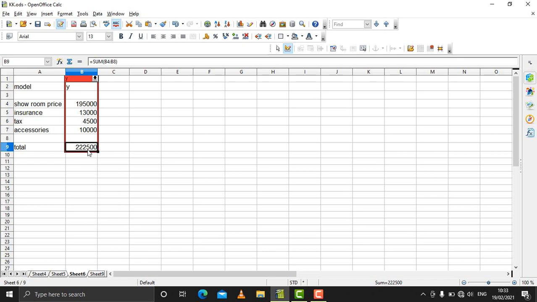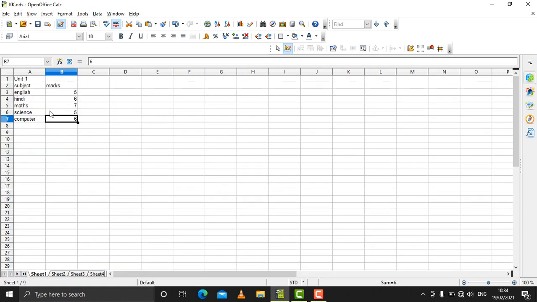Say for example a student secured some marks in examination and he got some total, and he wanted to assume that if he gets not that total, some other total, how many more marks should he have or how many less marks he should have got in a particular subject. Say for example I have a sheet, come to sheet 1. See, I have these marks: English, Hindi, Math, Science, Computer. Say for example I'm getting the total here, so I'll get total here. So I got total as 29.